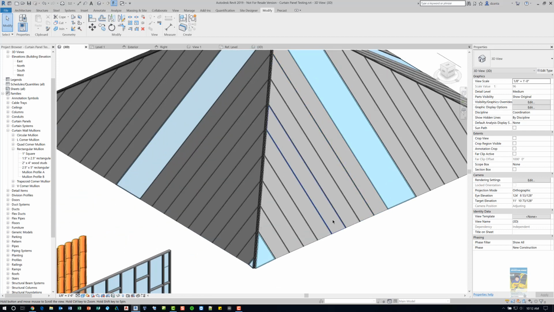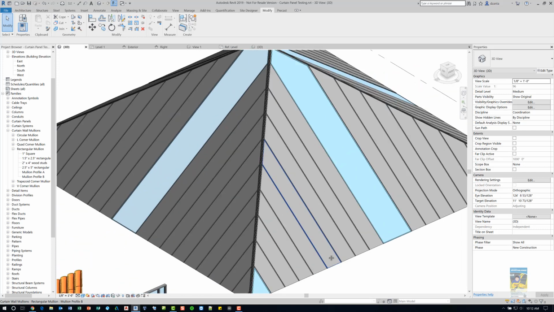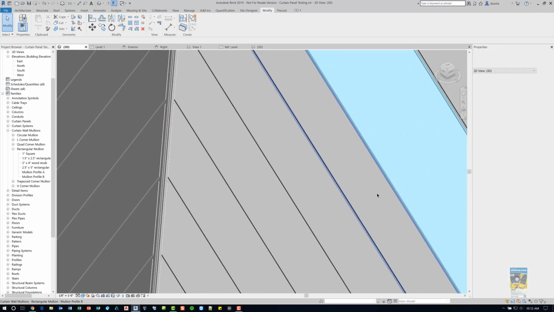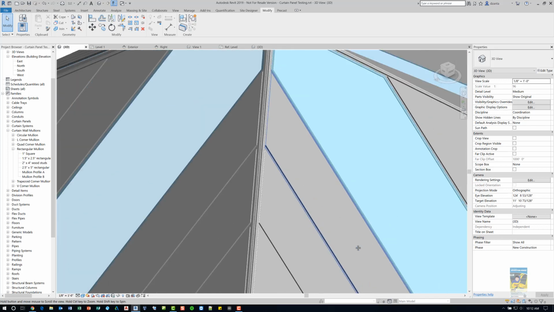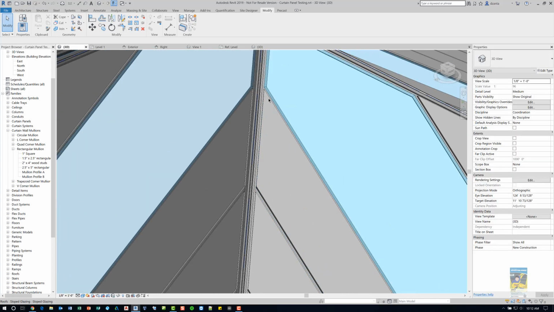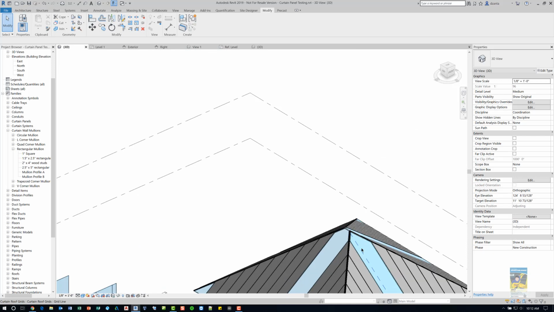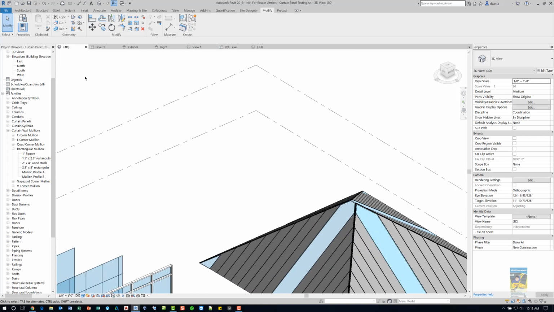However, when you look at this type of methodology, we zoom in, we can see here we've got that custom mullion profile B that's being used, and it knows how to clean up the ends over here very, very nicely. However, when the panel spacing is too narrow or things don't end very well on the ends, you'll get weird situations, and so I actually had to delete those panels. So let's go ahead, just for the sake of showing you, I'm going to head over here